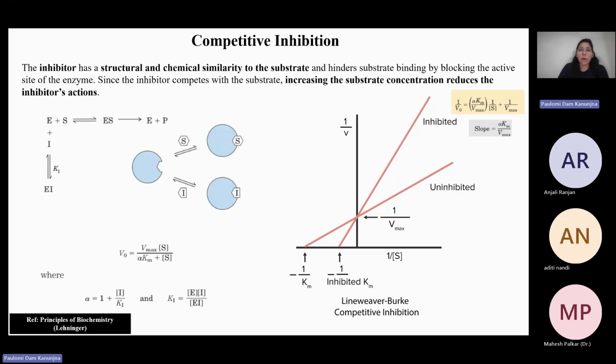Let's begin with competitive inhibition. Inhibition is basically something that impedes the reactions. So competitive inhibition, as the name suggests, there's a competition. What is the competition between? Your enzyme is always there, your substrate is there. So what is competing? An inhibitor is competing with the substrate for the enzyme,